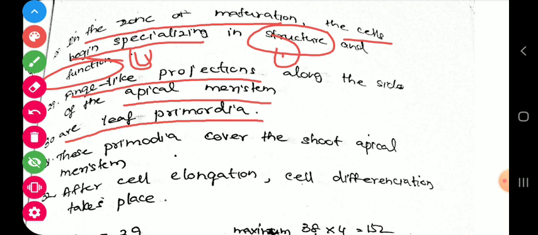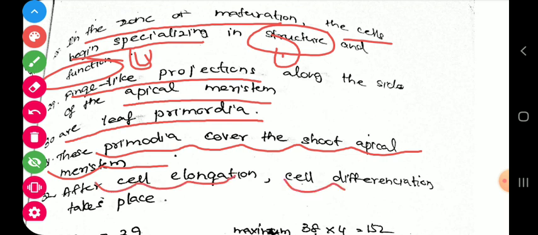Primordia cover the shoot apical meristem. After cell elongation, what happens? Cell differentiation takes place. So once the cells elongate, increase in length, cell differentiation takes place following that. Okay,